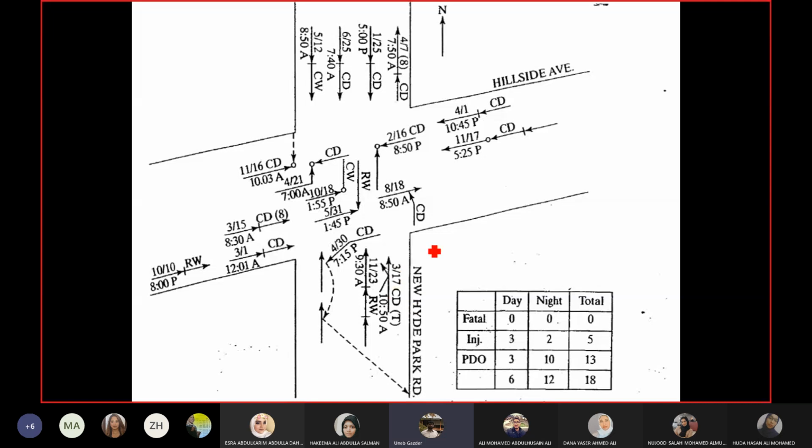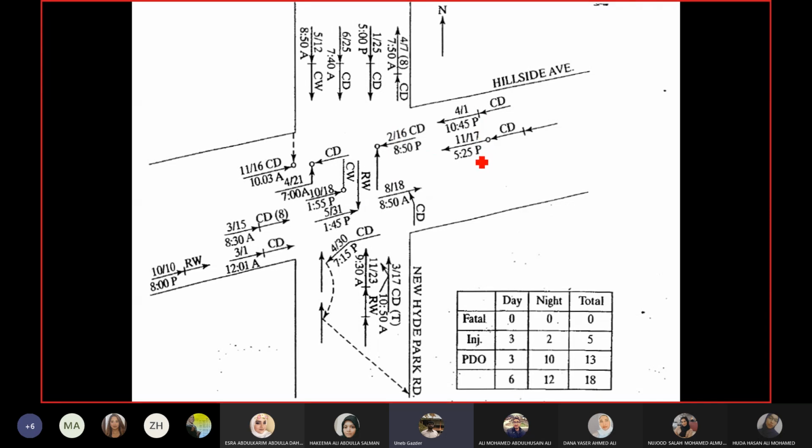Okay, now with each accident, you can see some numbers. These numbers are dates and times. So you have the date and time of each accident, and this is the most common thing which is included in the collision diagram. The information which you can include in the collision diagram is not fixed. You can add more information as you want, but usually the time and date is always there. Okay, now you see time and date is mentioned with all of them.